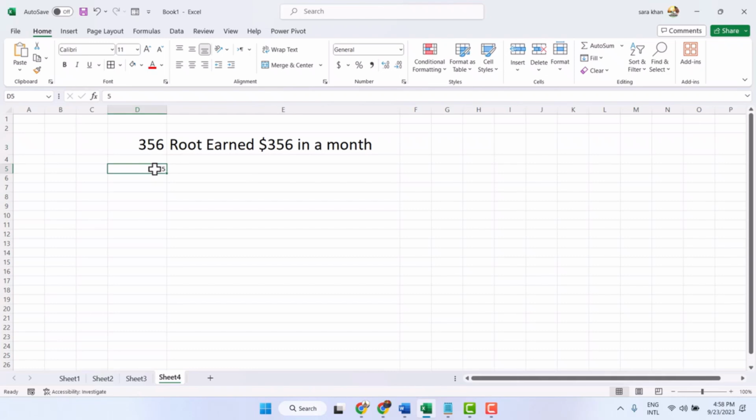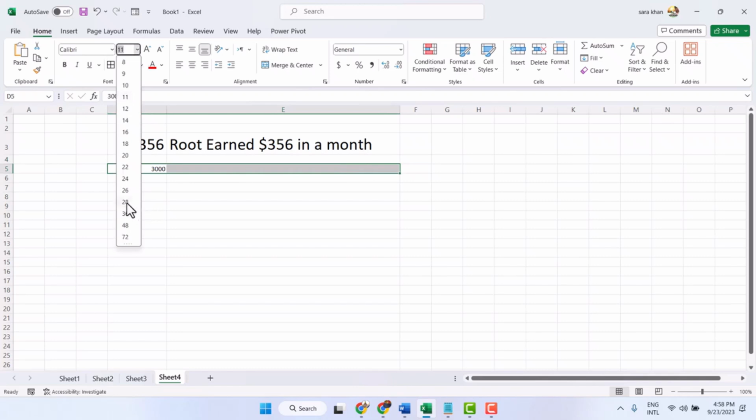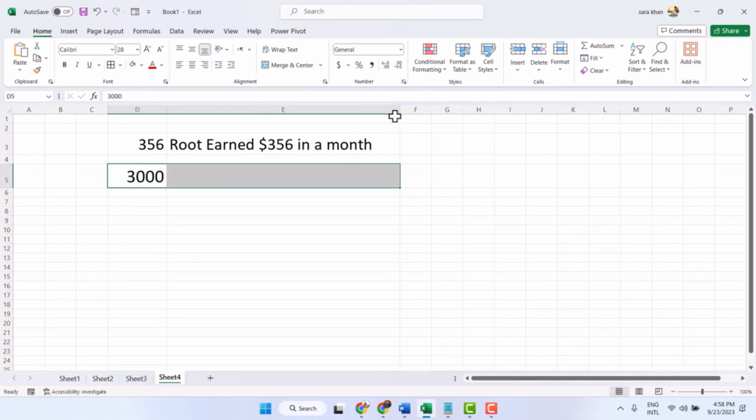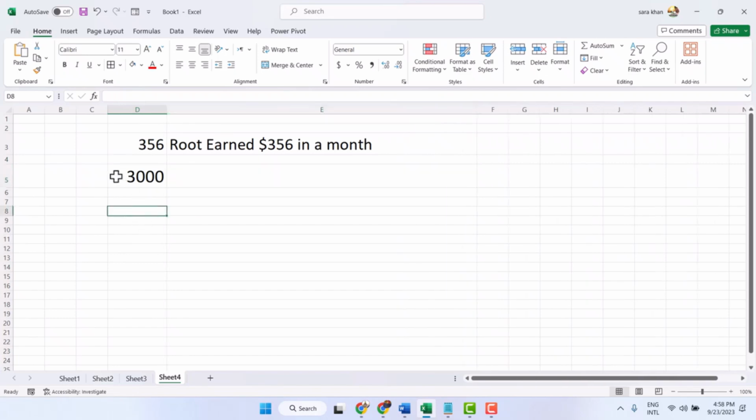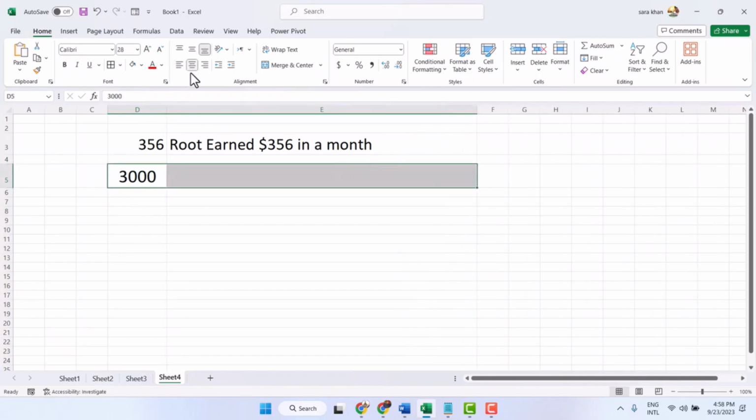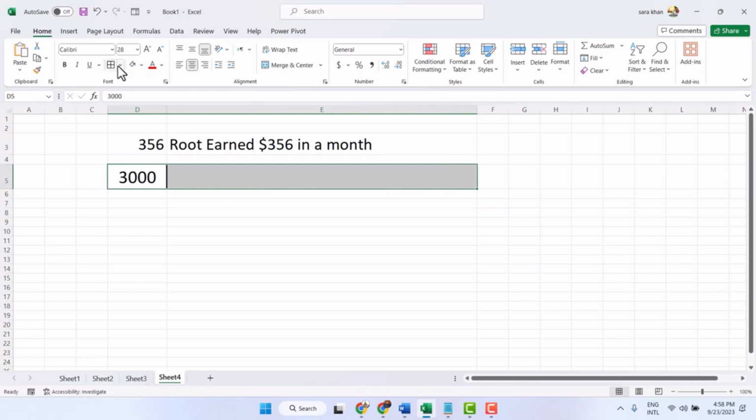Firstly, type your number, select both cells, make changes as you need. Now type this formula,